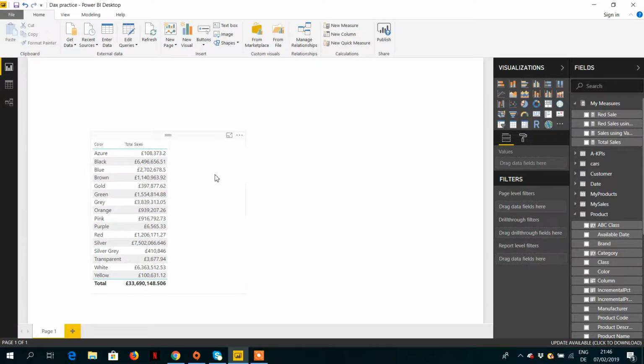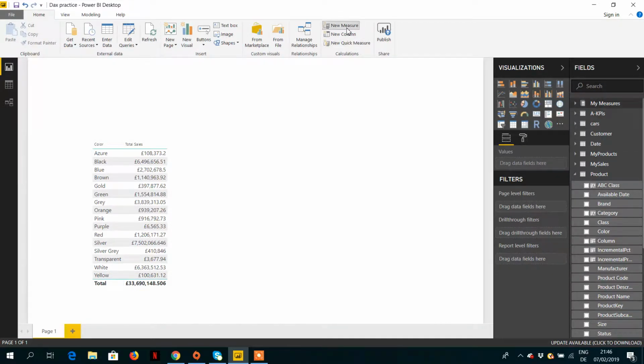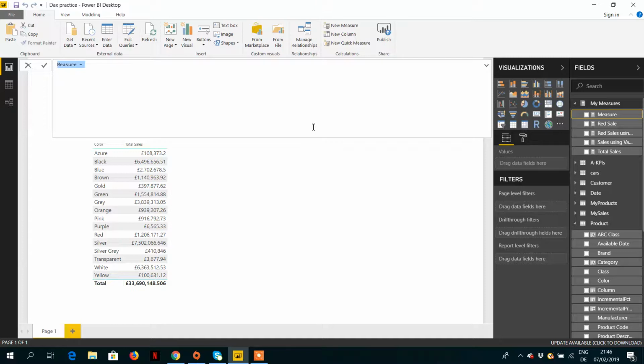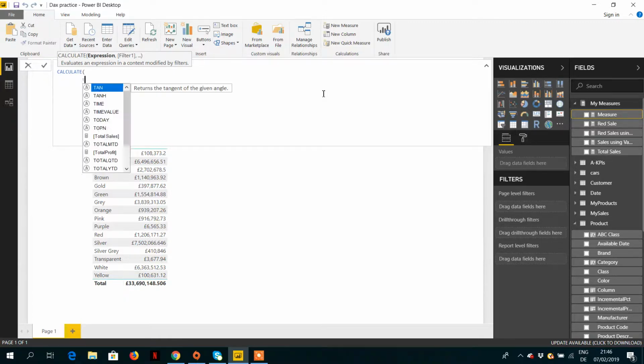Okay, what we have to see is how the ALL function works. So let's create one measure. We can name this measure All Sales. We have to use the CALCULATE function, and then we need to write Total Sale. This is the measure that we have already created.